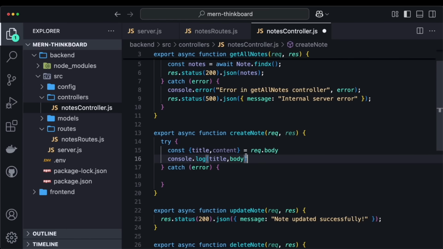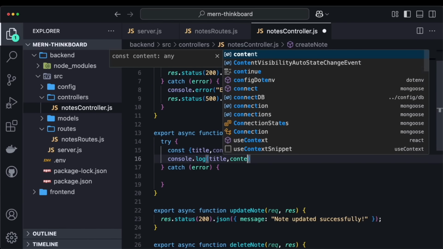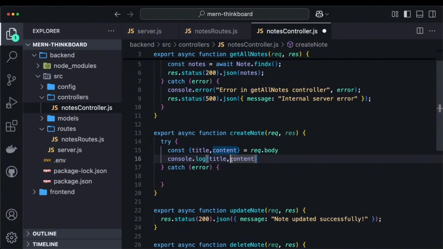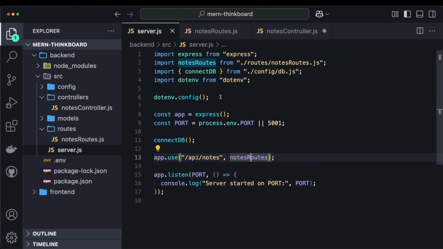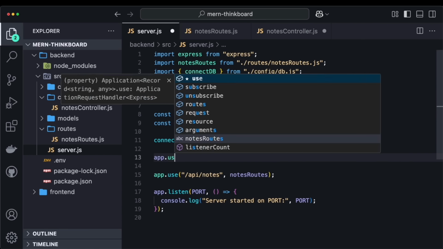So to be able to use this, and this should be content, by the way. Okay, so by default, you cannot access this value. If you want to access them, you need to head over to server.js, and just before your routes, you would say app.use